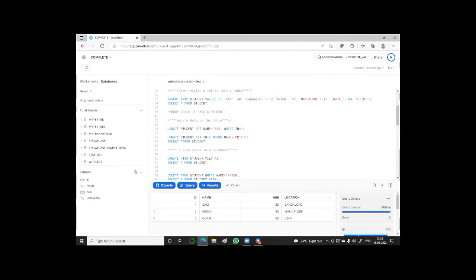So in order to update, what are we going to update? A table called student. What am I changing? Set name is equal to Raj. Actually the names here are Sam, Krish, Gopal, and there can be many names. Now I want to put the name as Raj where ID is equal to 1. The name there in the beginning is Sam, but now I want to update the name Sam to Raj. So if you execute this one,